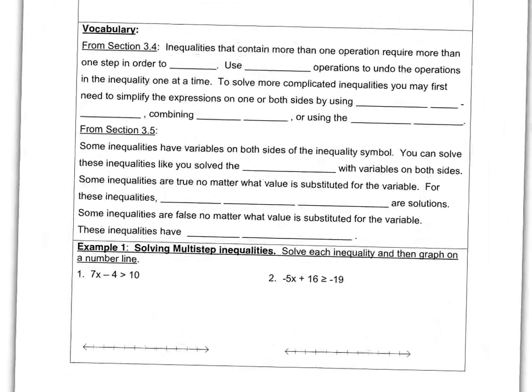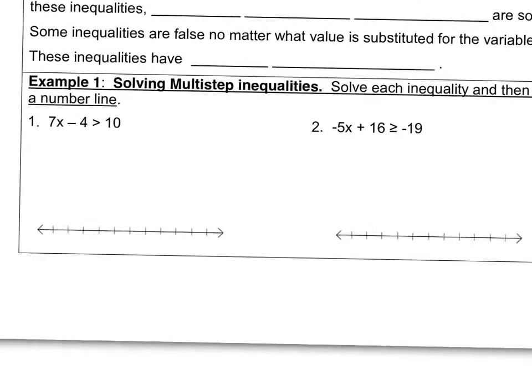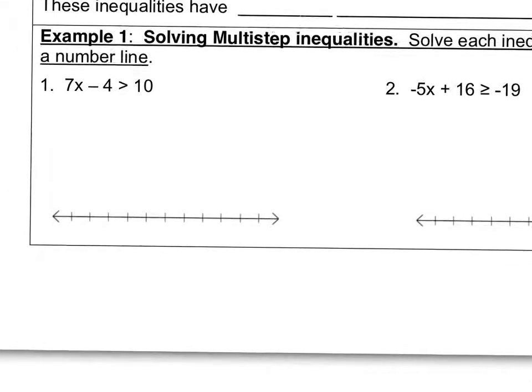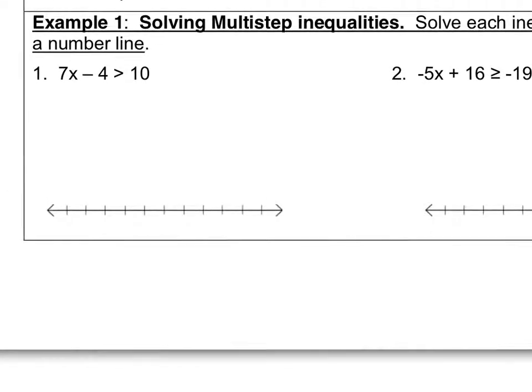Okay, so on your review, we'll skip the notes and go specifically to the examples as you did the notes in class. When we are looking for x, first we simply solve for x. How do we solve for x? We get x by itself. Whatever's furthest away from x on the left-hand side, which is -4, we add 4 to both sides, which will now give us 7x is greater than 14. We divide by 7,